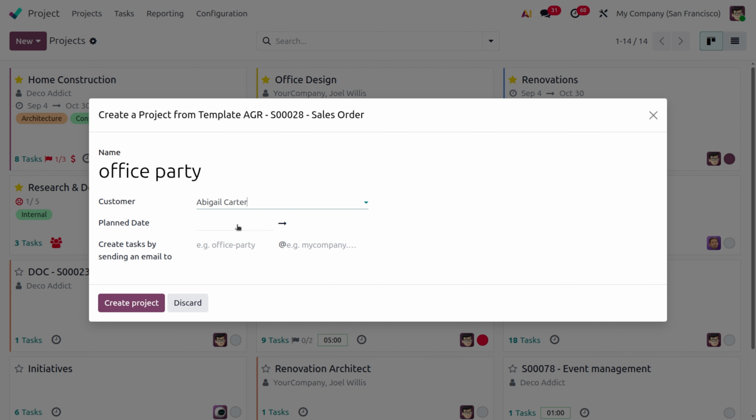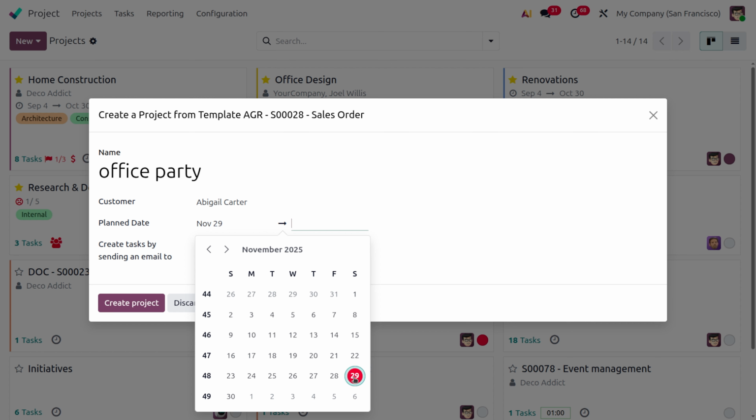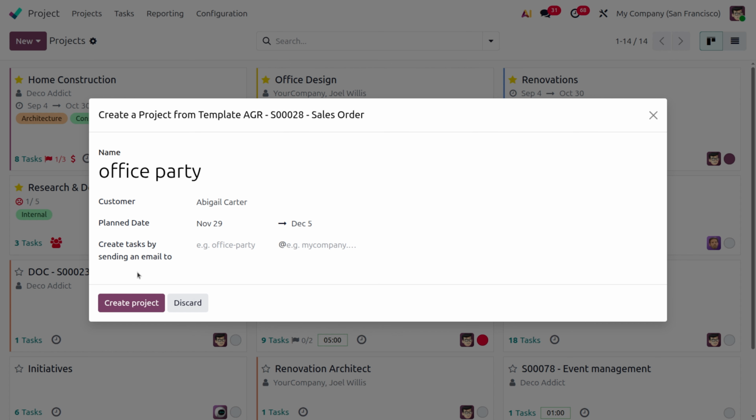Let's say Abigail Carter is the customer. You can also set the plan dates, that is, the starting date and ending date. And by sending emails, we can also create tasks. Currently you can see that we can provide the domain over here, and you can provide the alias mail. So whenever someone mails to this mail ID, we can create a task by receiving the mails